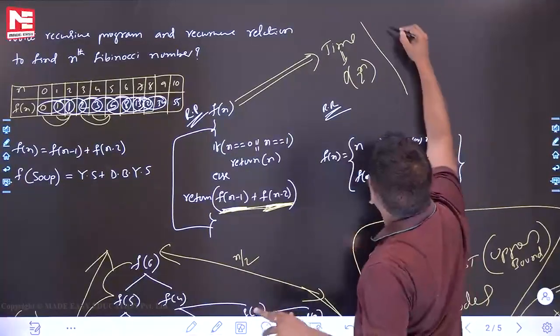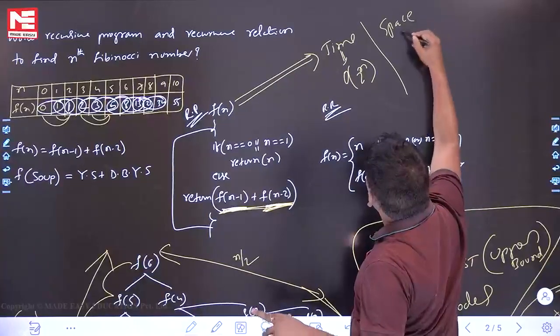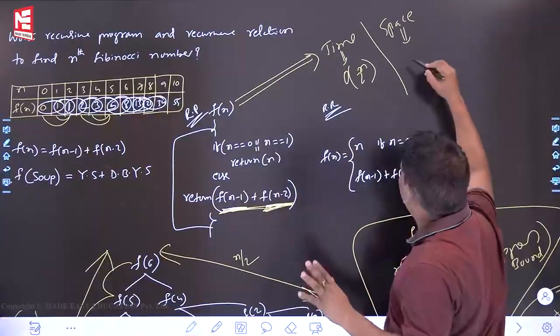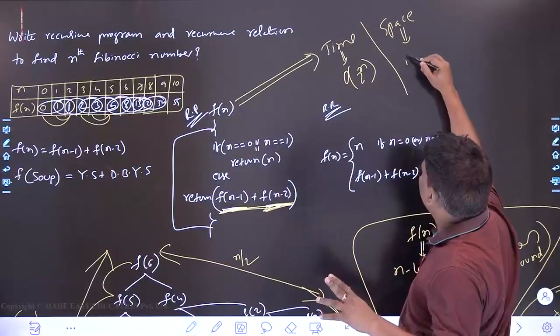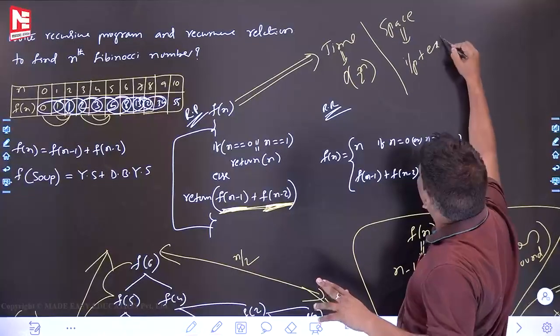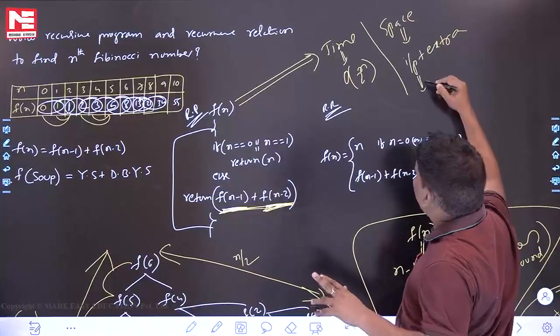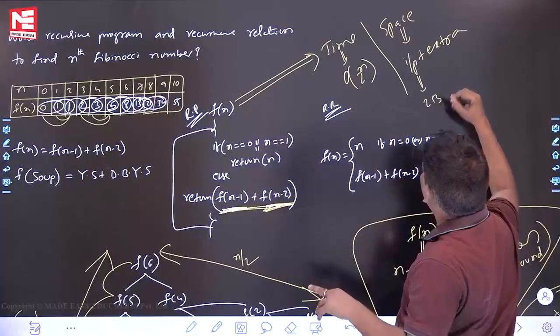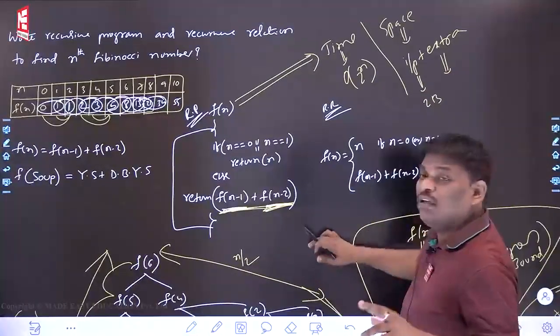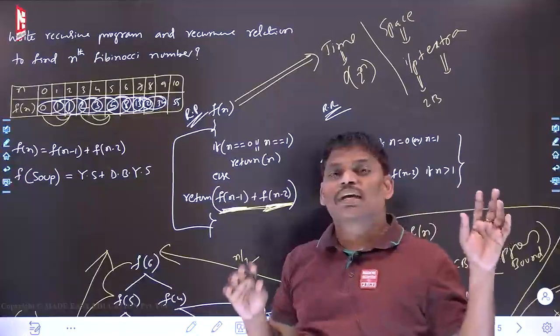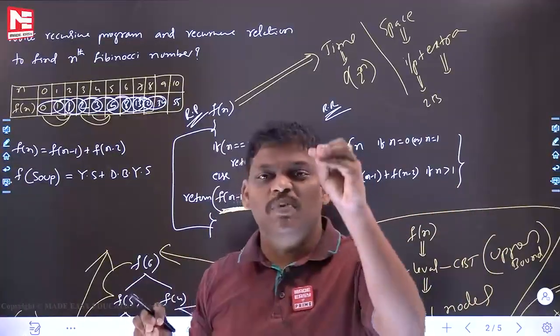Next, one more interesting answer. What about space? This recursive program, what is the space? Let me check. Recursive program space complexity is input plus extra. Can you say what is the input? Fibonacci of n, 2 bytes. What is the extra? Everyone knows. Recursive program extra space is based on